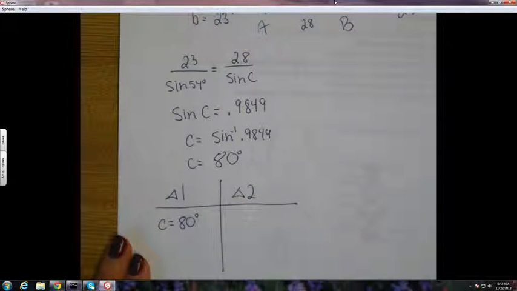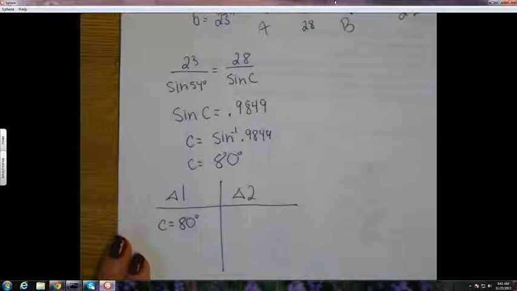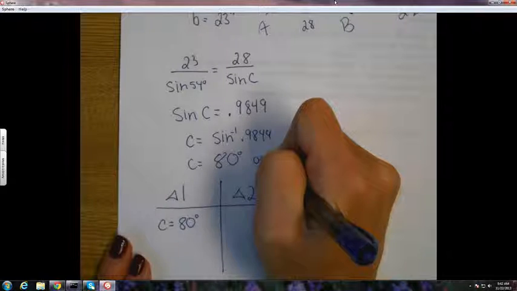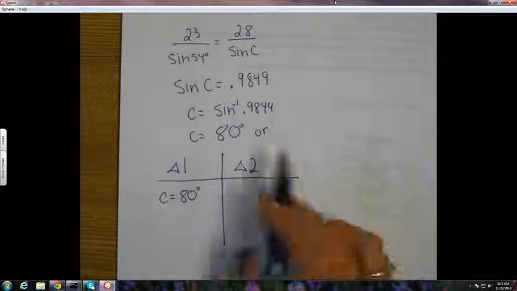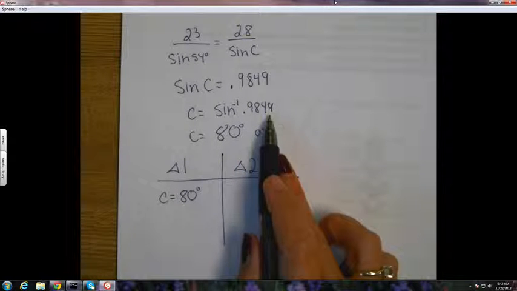To check for the second triangle, it's right here, right now. Once you see you've got one, you can do a big old OR. Roll off to the side for a second, don't write this down. We just did a sine ratio of 0.9849. There are